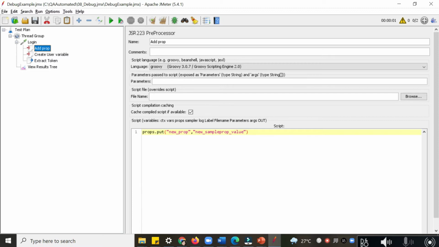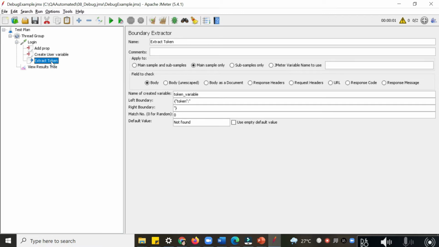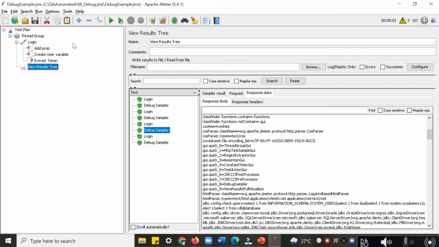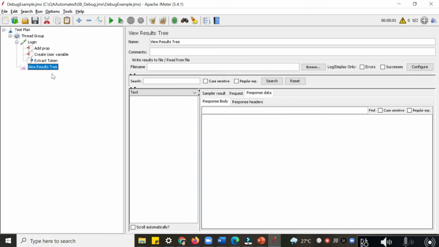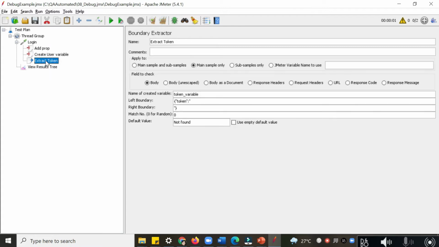We are setting JMeter properties here, and here we are creating the new user for the next time. With the help of a counter, it will be incremental for the runs we are doing for a particular thread count. Then there is a boundary value extractor to extract the token, and here there is a listener. So this is a very simple script.